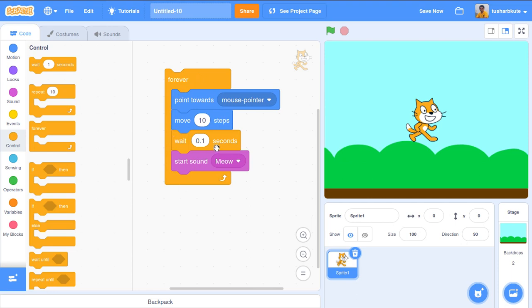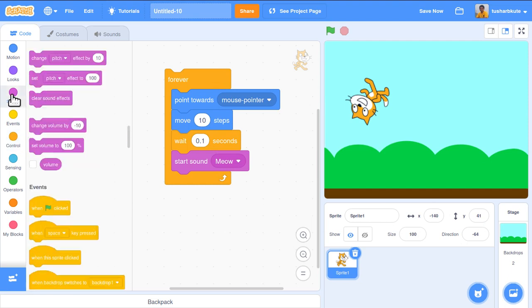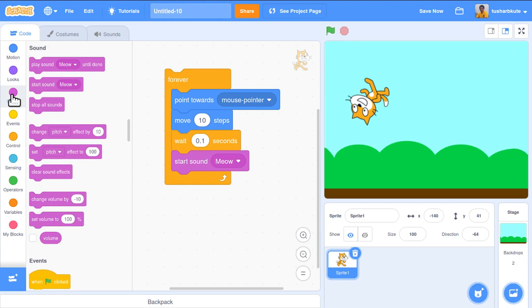Now let's have a demo of it. So click. Check this. The cat is following the mouse. Stopped. Fine. The sound is loud, so let's reduce the sound intensity by some percentage.